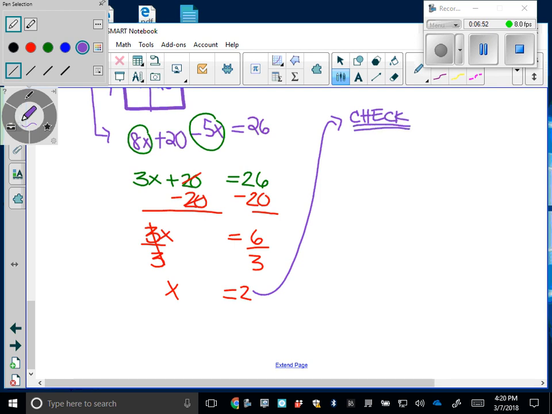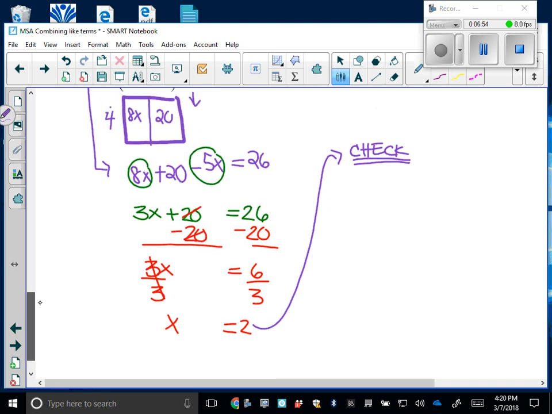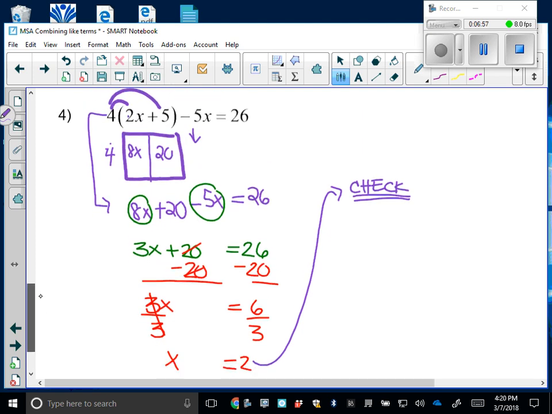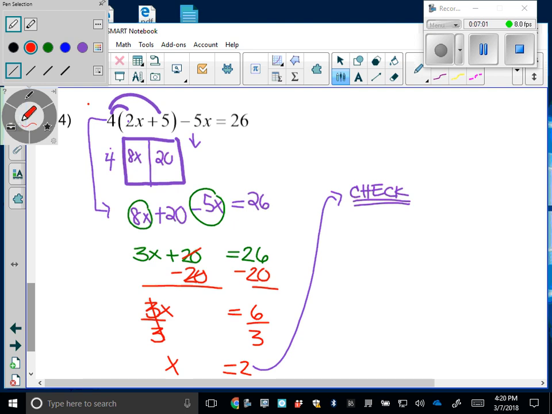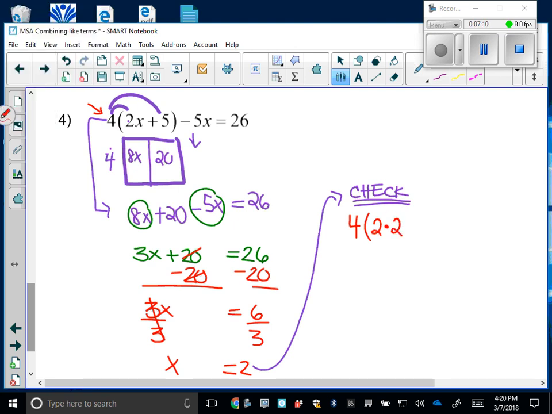So I had to go back to the beginning of the problem and copy this problem here, 2 times x, but my x was 2, so I'm checking x equals 2, plus 5 minus 5 times x, which is 2, and see if I get 26. Order of operations,